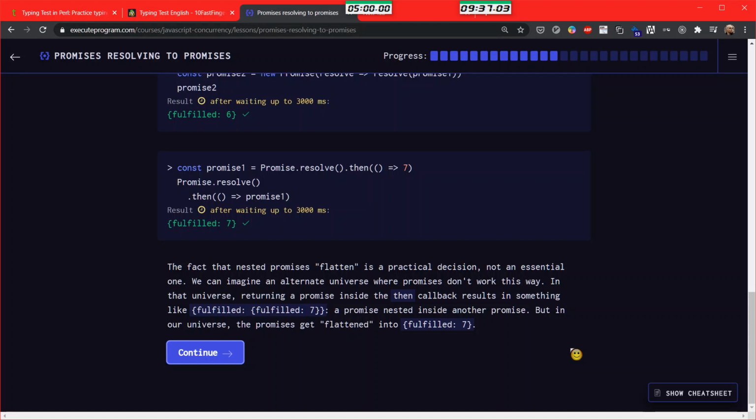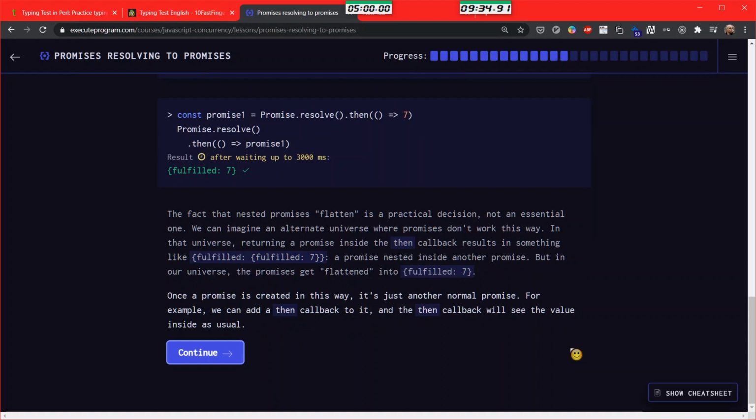Once a promise is created in this way, it's just another normal promise. For example, we can add a then callback to it, and the then callback will see the value inside as usual.